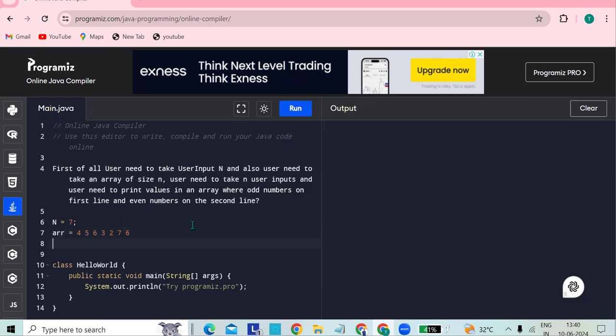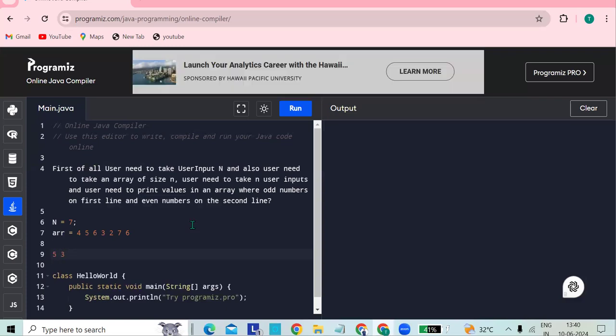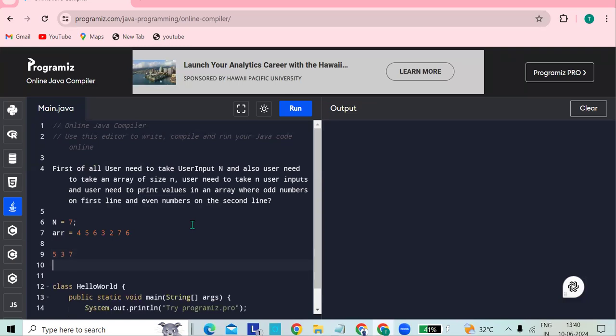So what are the odd numbers here? So 5, 3, 7. So 5, 3, 7 are the odd numbers. So the odd numbers will be printed on the first line. So this is the first line. And in the second line, so what you have to print? You have to print the even numbers. So which is 4,